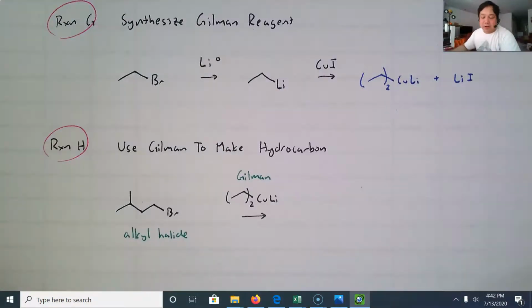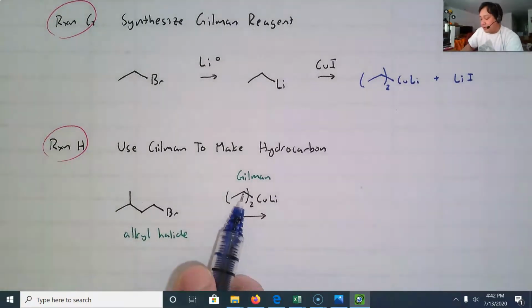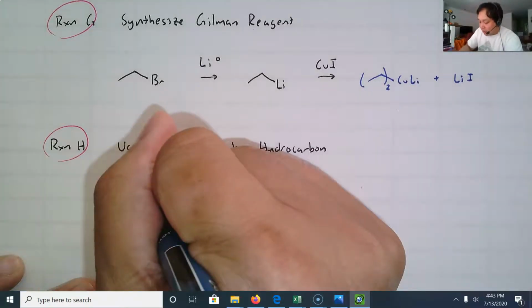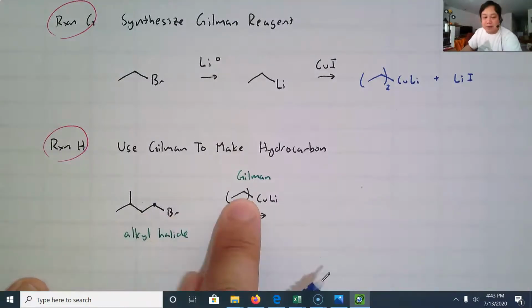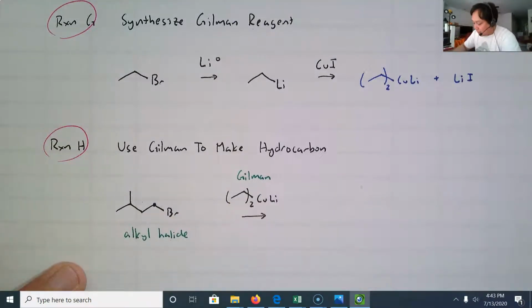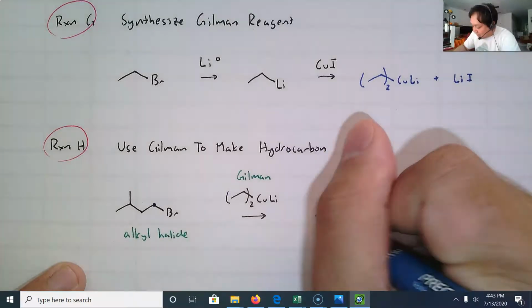This is still an umpolung. We still reverse the polarity, and this carbon is partial negative. Normally, in all the previous examples, in organic 1 and organic 2, this carbon was partial positive. It attracted a nucleophile. This is the carbon that's attracting the nucleophile. This carbon is partial positive. This carbon is partial negative,